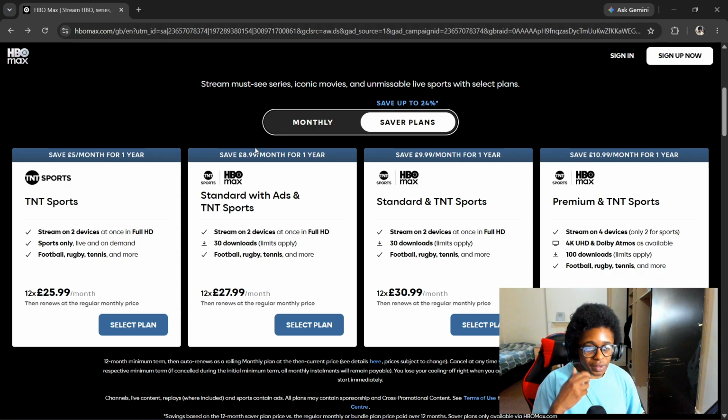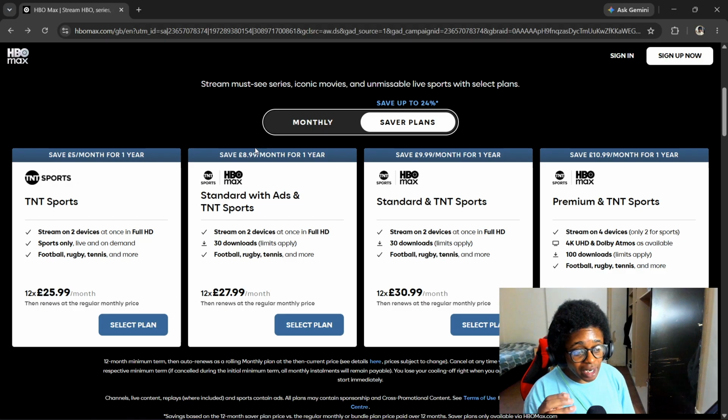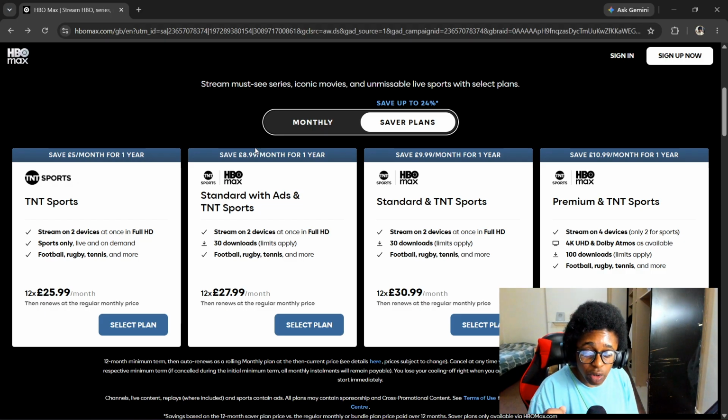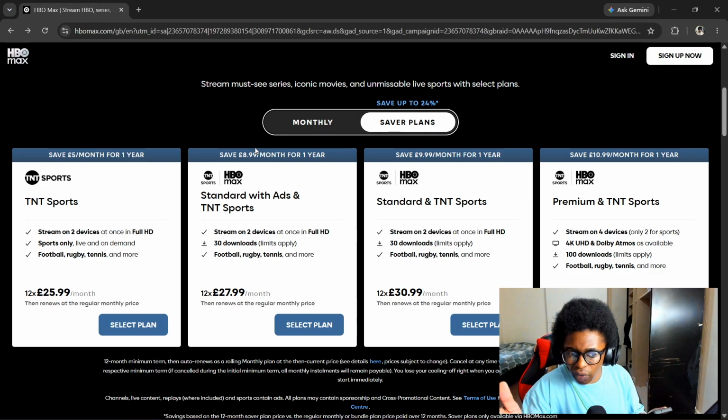So first one, TNT Sport. Isn't HBO Max, it's just TNT Sport. Stream on 2 devices at once, full HD, sports only, live and on demand. That's important. On demand is, of course, when you can watch it at your own convenience at a time suitable to you. Live is, of course, a live event. So you might get those live events later on demand, video on demand. It can vary, so do keep that in mind with services, but I'm not going to make you any promises or know-how because I haven't got the service myself or pressed the price plan and gone even further to understand